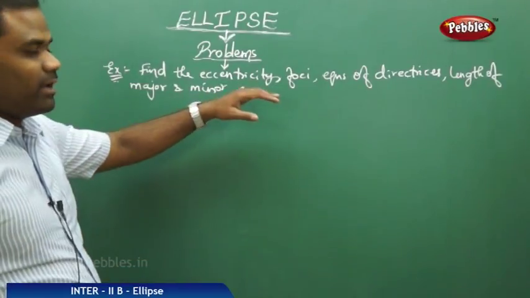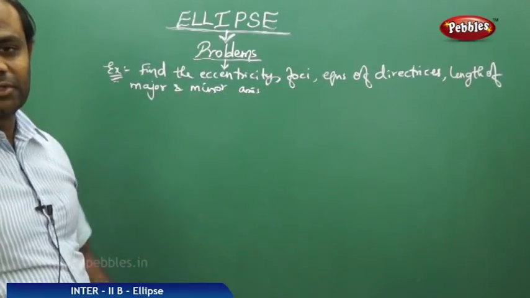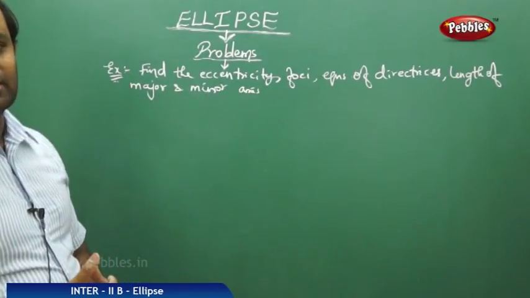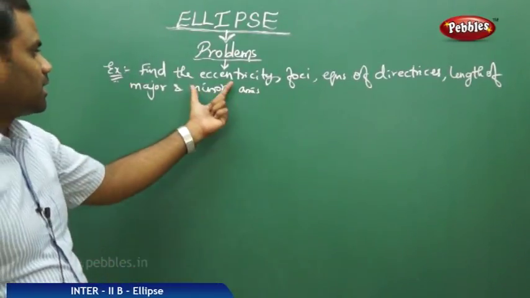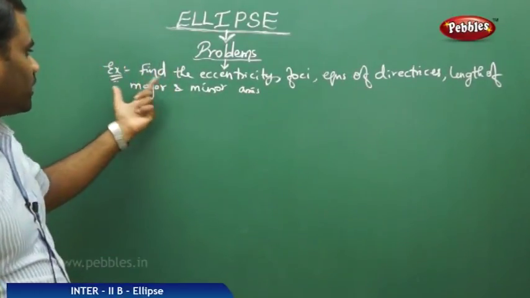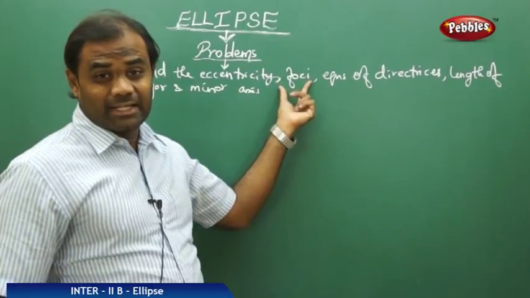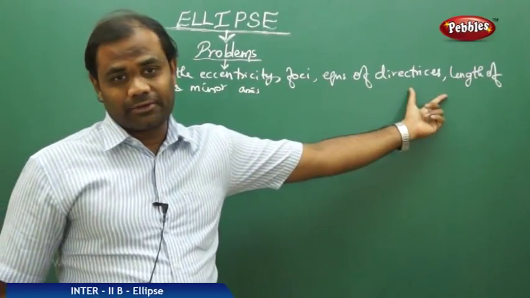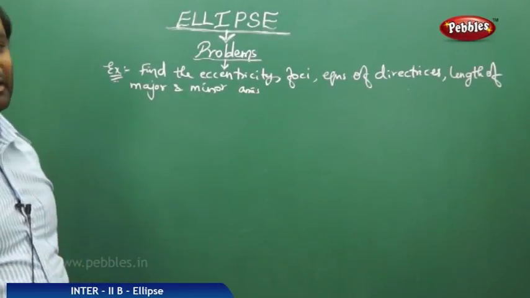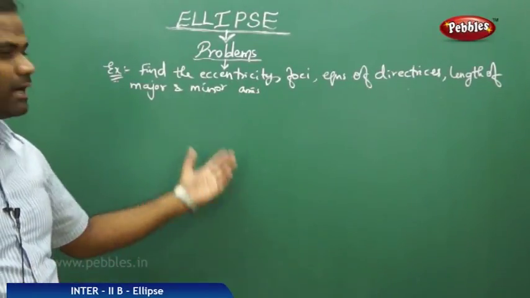So I am trying to cover all the topics which we have discussed together to form the contents of the problem so that we understand each of them through one unique problem. So we are going to find the eccentricity, foci S and S dash, equations of directrices, length of major axis and minor axis, and of course length of latus rectum